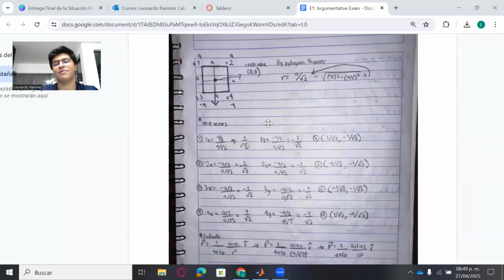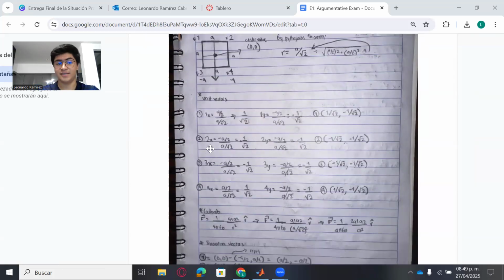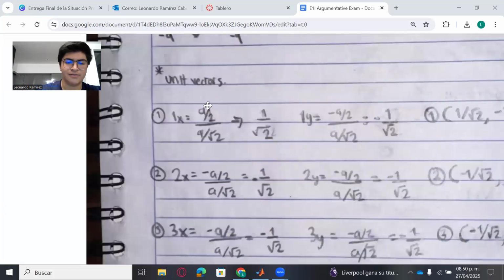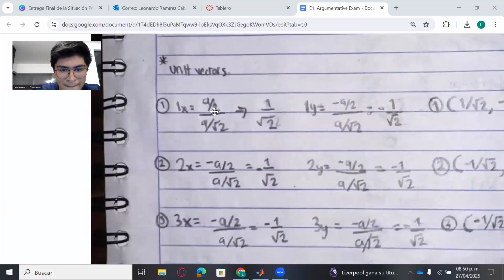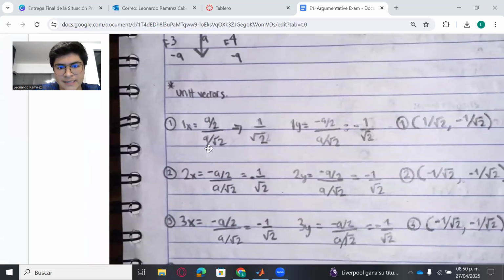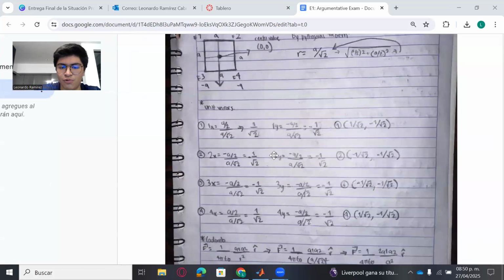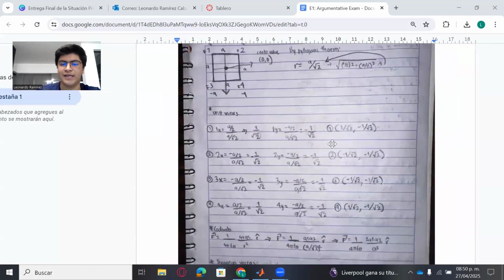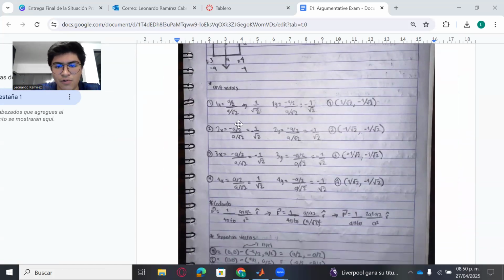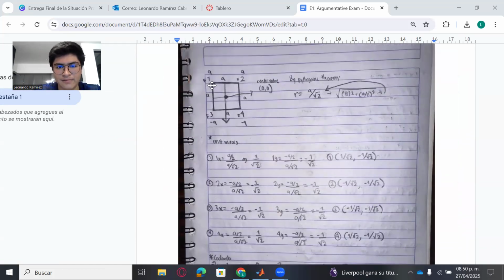Now, let us take into account unit vectors, but for simplicity, I divided them into the x components and the y components. So here we are just taking into account that this one is the vector. This one is the magnitude of it, which is this one. So we are actually getting coordinates in a Cartesian system, according to me. So we did that with all of the forces,